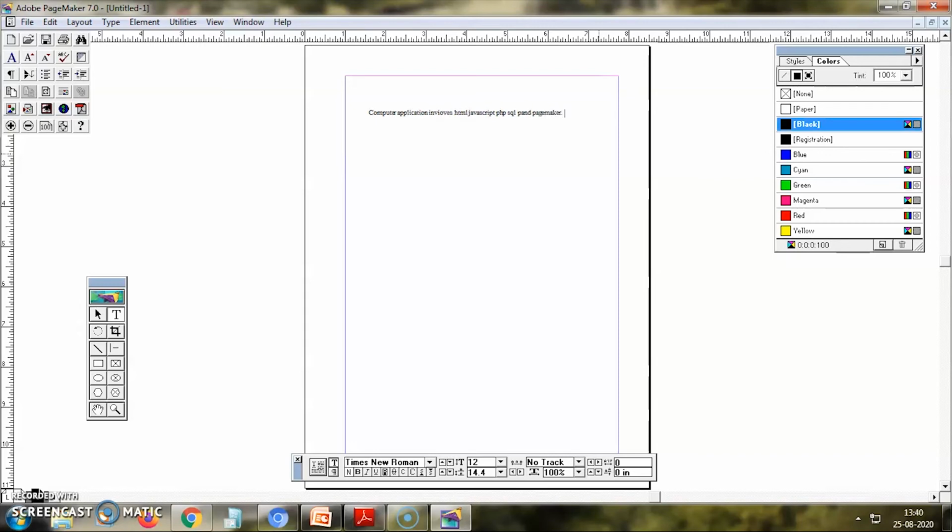So if I go on typing also, it will automatically move to the next line. I am just typing some keys. So when it reaches the end, it will move on to the next line. Okay. So as it reaches the edge of the particular text block, automatically the text wraps to the next line.